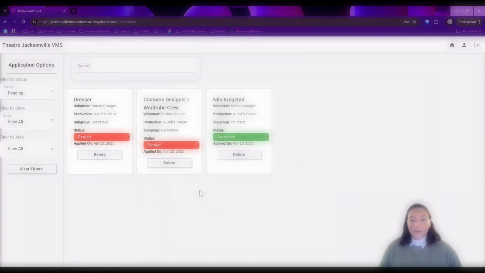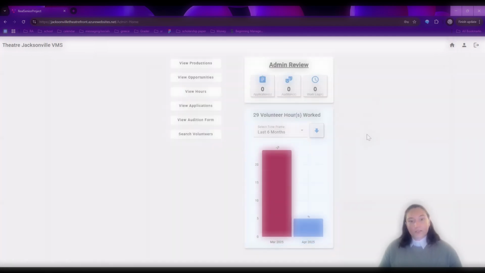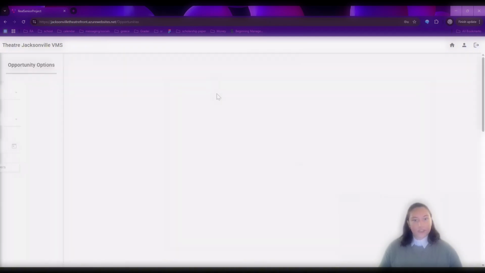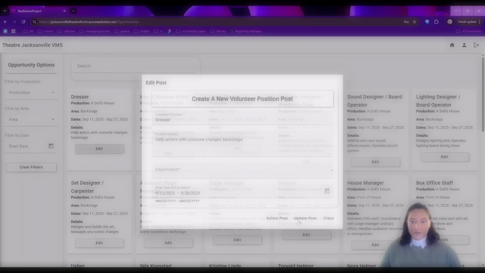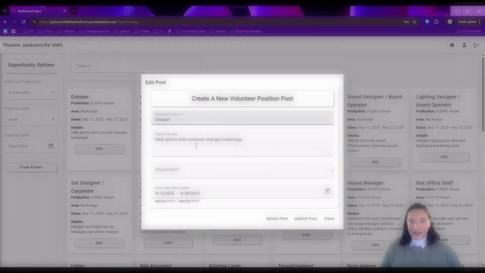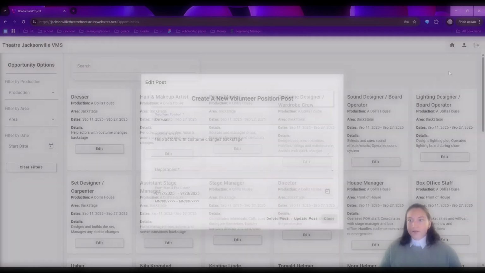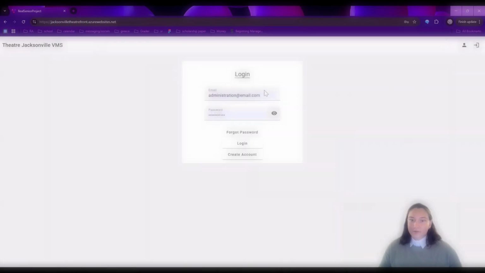All right. And so from the administration's point of view, this looks good. We can go home. I'm going to also, while I'm here, show you how the administration can also view opportunities, but from their view, they can edit these opportunities. So they have this editing access as well. Click those. All right, we're going to log out here in the top right-hand corner, go back to Dorian, click login,